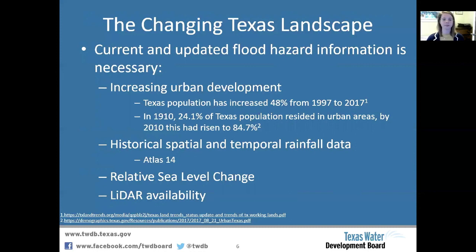these changes. And so we also have to look at things like historical, spatial, and temporal rainfall data. And so we now have Atlas 14 available to us, which those previous studies clearly did not. And so Atlas 14 definitely showed some areas in Texas seeing increased rainfall amounts. And so these rainfall amounts are used to model the floodplain. And so moving forward, it's definitely important to consider this more current updated information and how that affects the floodplain